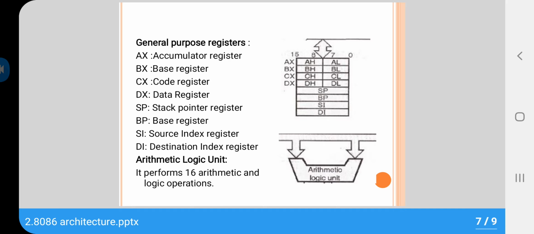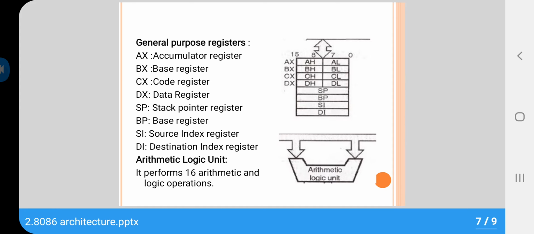BX, that is base register, is another general purpose register which is used to provide offset address for data and extra segment registers, which are available with bus interface unit. Whereas stack pointer and base pointer, in short SP and BP, are used to store offset addresses for the stack segment register.